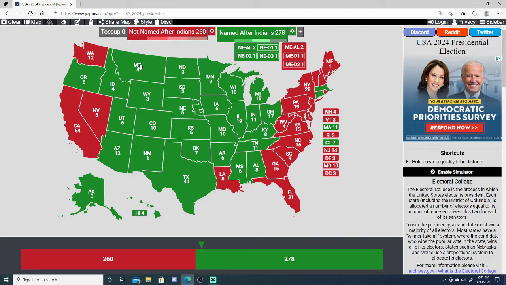What about Washington? For Washington, I would give it the name Chinook, because Chinook is the biggest Indian tribe in the Pacific Northwest, like Washington and Oregon, and also a little bit of British Columbia as well. So I'm going to name Washington Chinook, mainly because of that.